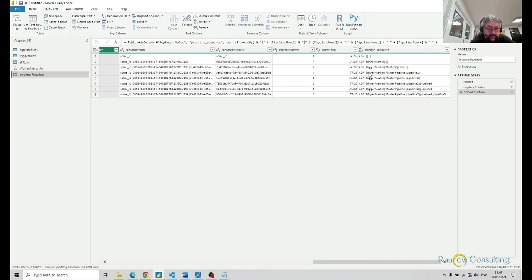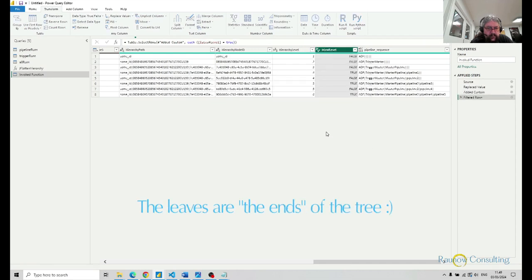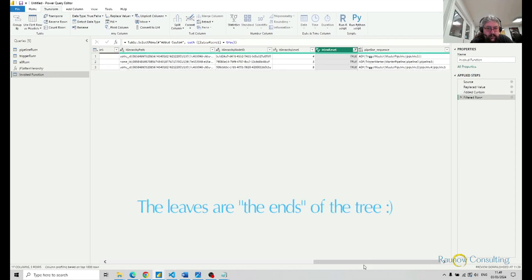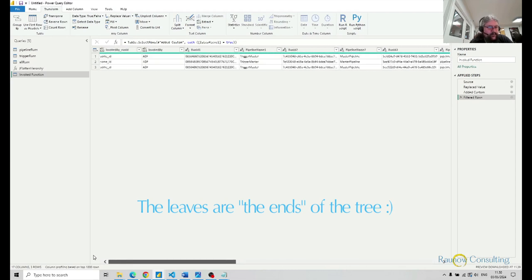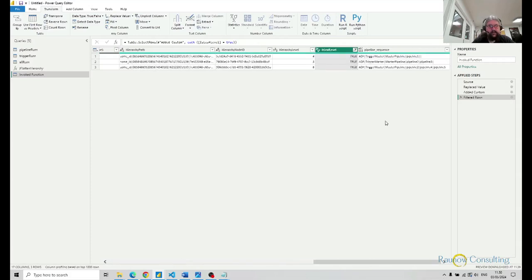in our data factory. One more thing I would like to mention, you can see we have this leaf level column. If we actually filter on this to be true, we're only going to get the full sequences wherever the last pipeline is not invoking a further pipeline. And of course you can play around with all of this to actually get a view of whatever you're interested in. So that is how we can deal with complex ADF